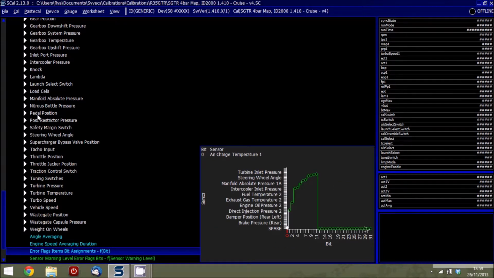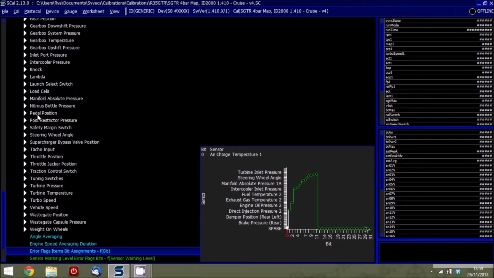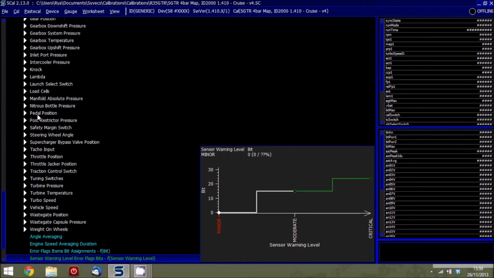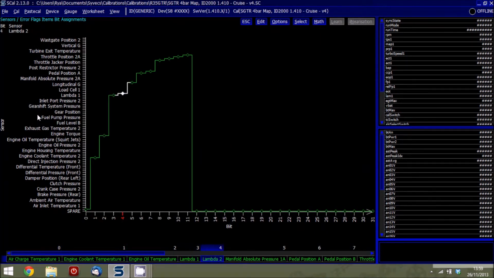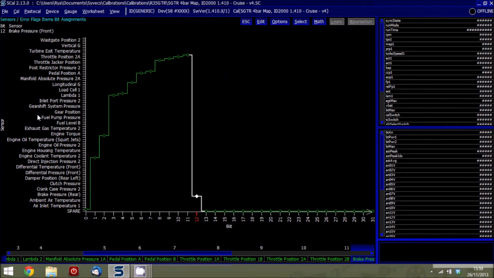What this means is you can come in here and set for different levels of sensor error what actually happens. So you can say for the first 15 places in that error bit assignment table that it's for a minor sensor failure. So if any of these sensors fail, which you've got set in here, you can do so. If you want to add a new one, and say set one based on brake pressure, you can add that into there, go to your brake pressure,